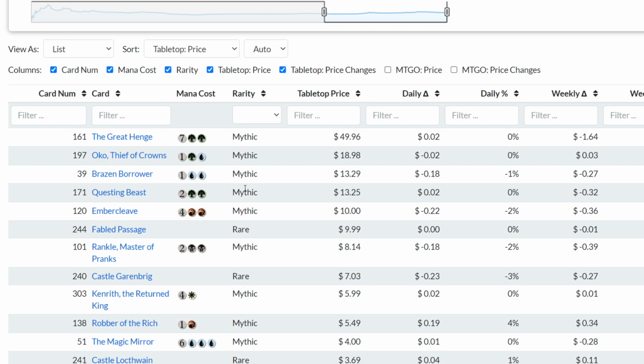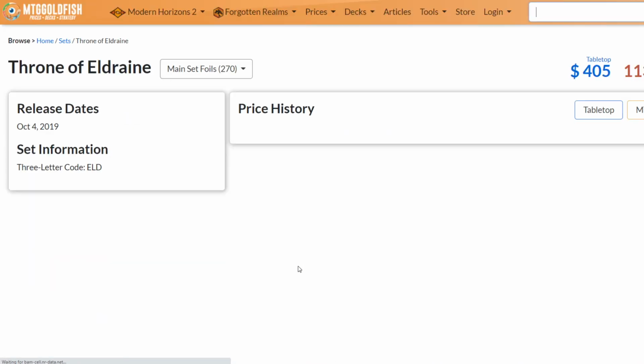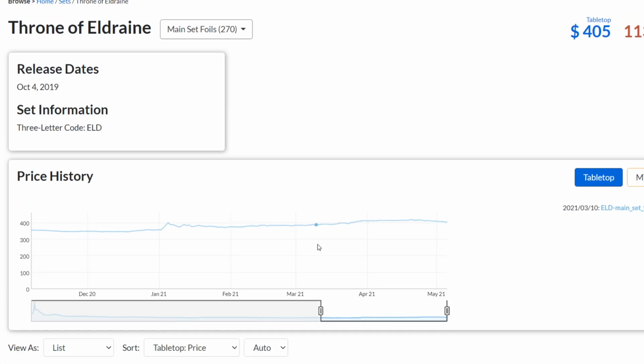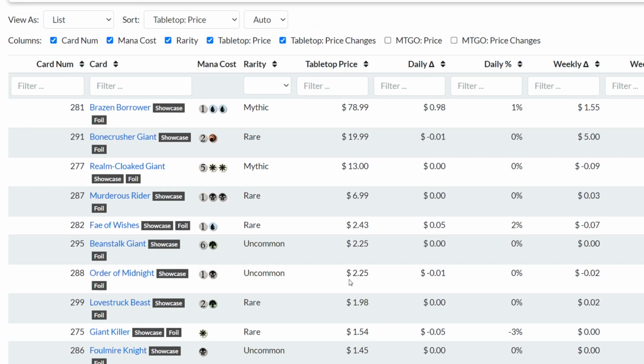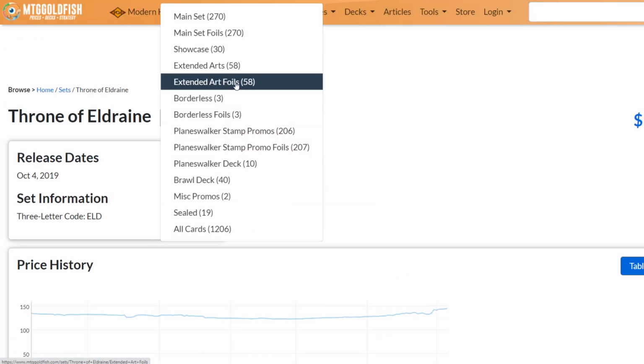And there are some goodies if we look from the collector's edition. If we go over to the main set foils, we have the Great Henge going for $60. It's starting to have a much better multiplier, 40 to 60. At one point there was no foil multiplier, but if you really go over to the extended art foils,